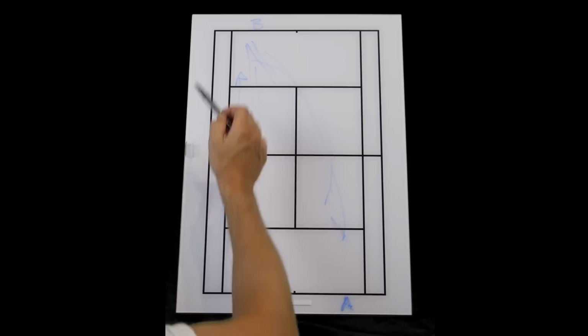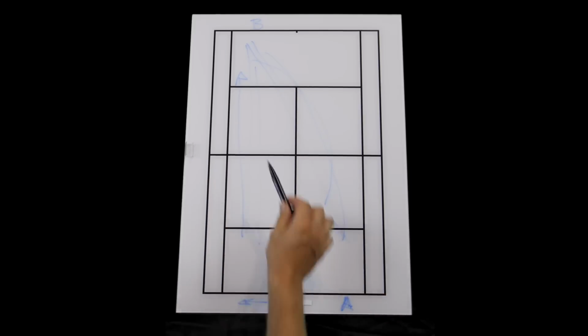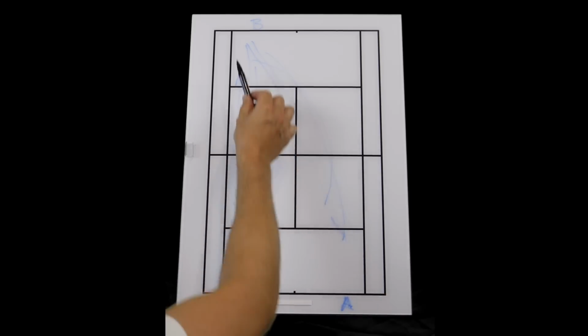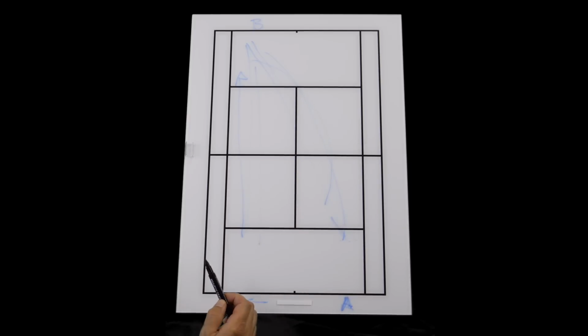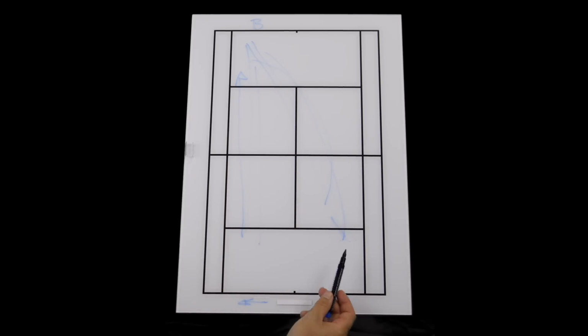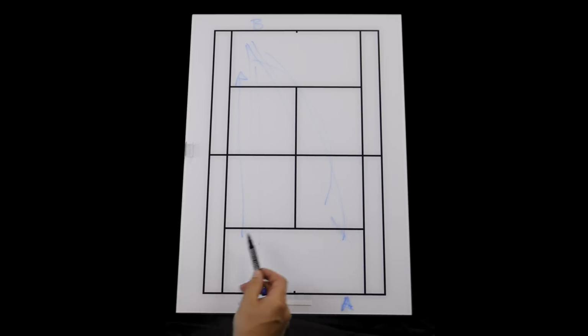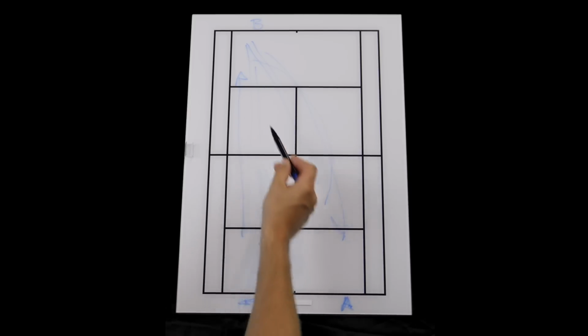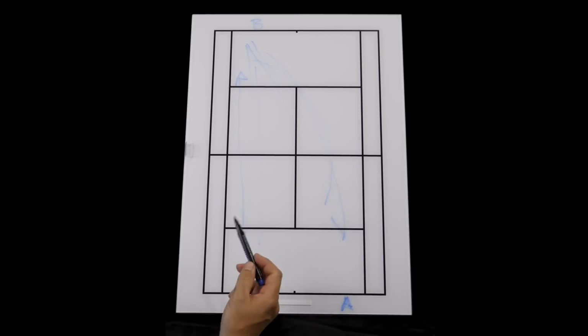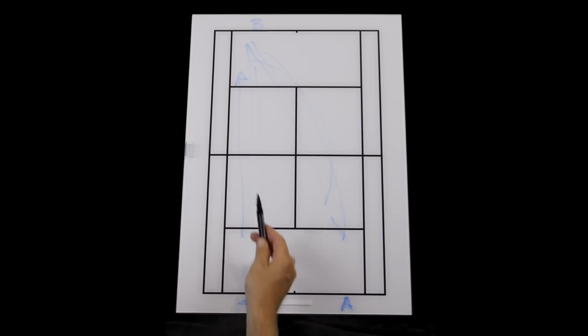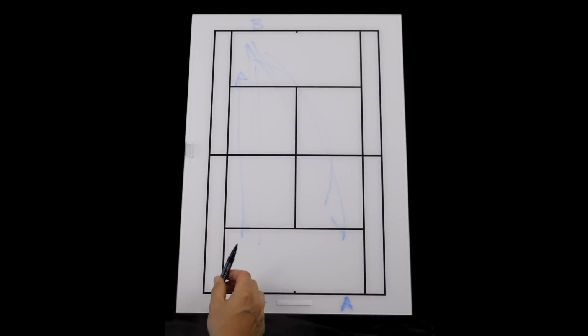You're going into this corner all the time, and they're going 1 cross court, 1 down the line, 1 cross court, 1 down the line. And you can time it, so you can do 2 minutes of 2 cross, 2 down the line, 2 minutes of 2 cross, 1 down the line, and then 1 minute of 1 cross court and 1 down the line. And you can also switch sides, so now that player can go into the backhand corner and they can repeat